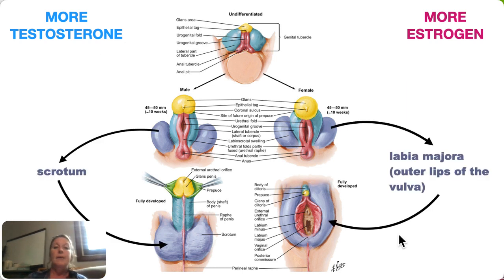So, anyway, let's take a look at this purple tissue. It develops a little bit later, so we don't see it in our 8-week embryo. But in the presence of testosterone, this purple tissue develops into the scrotum that surrounds the testes. In the presence of estrogen, it becomes the labia majora, or the lips that are on the outside of the vulva. Again, because these two tissues come from the same original source, they have very similar properties in terms of their sensitivity and appearance.